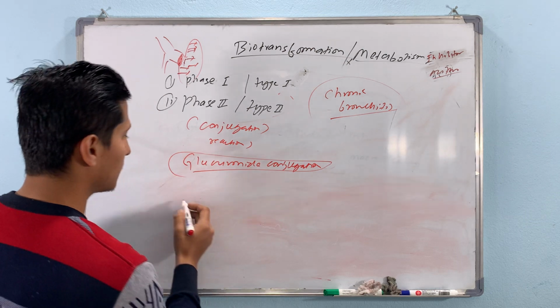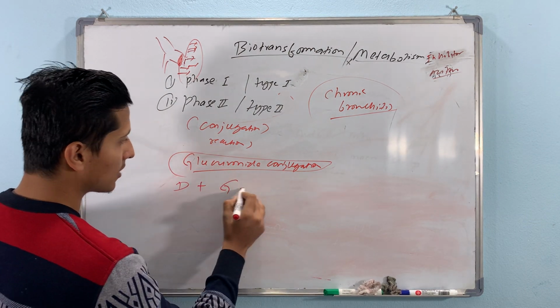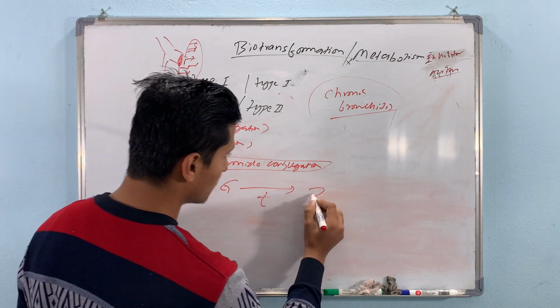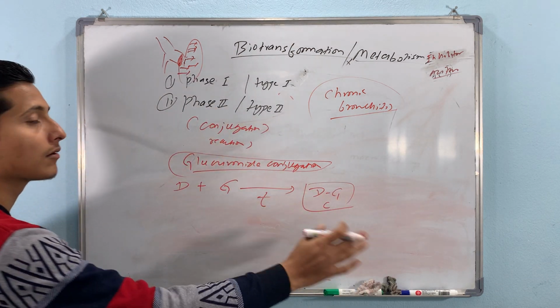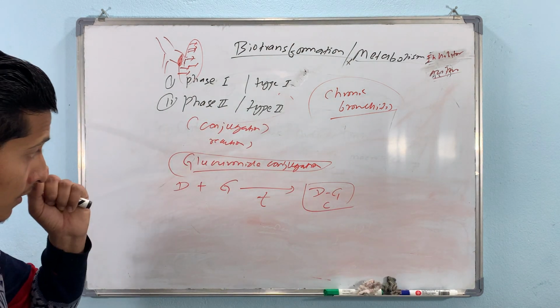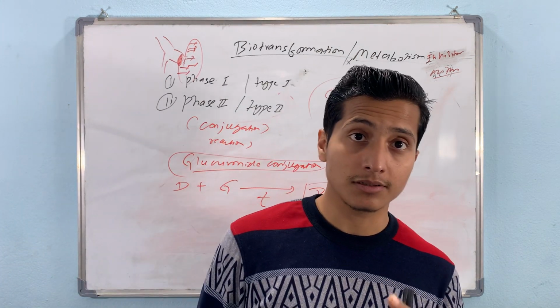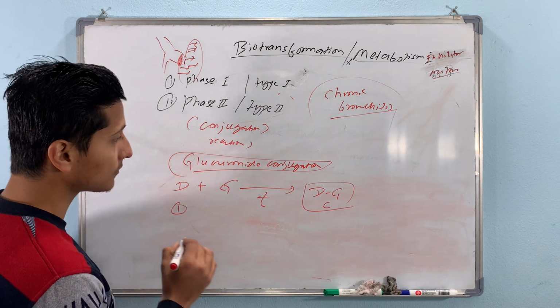Let me draw that reaction again. This is drug, this is glucuronide, and in the presence of this transferase enzyme, a drug-glucuronide complex is formed, and this is glucuronide conjugation. Now there are three important clinical vignettes that we need to discuss in glucuronide conjugation. The first one is